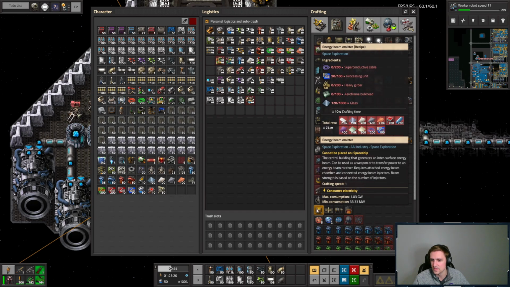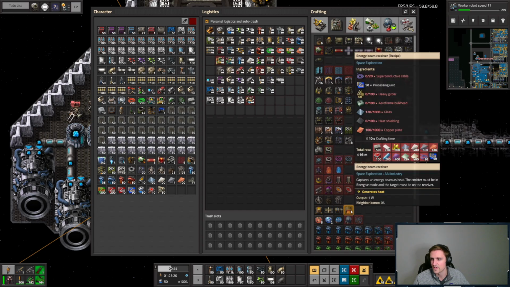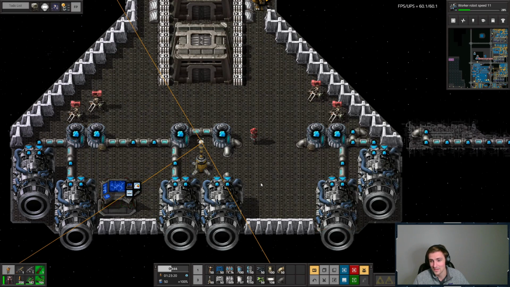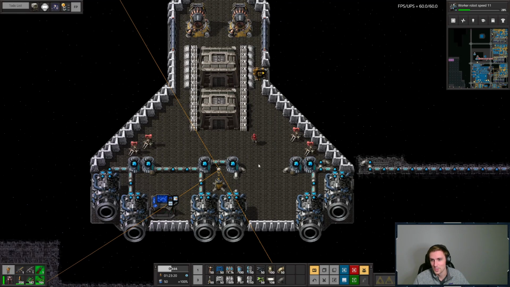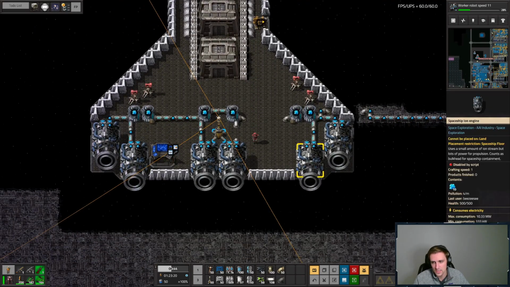We have the energy beam emitter, right? We have the energy beam chamber, all this stuff, and then we've got an energy beam receiver, which looks like it could be kind of big. I don't know where it would fit, but I think it's worth a shot to try and do that because